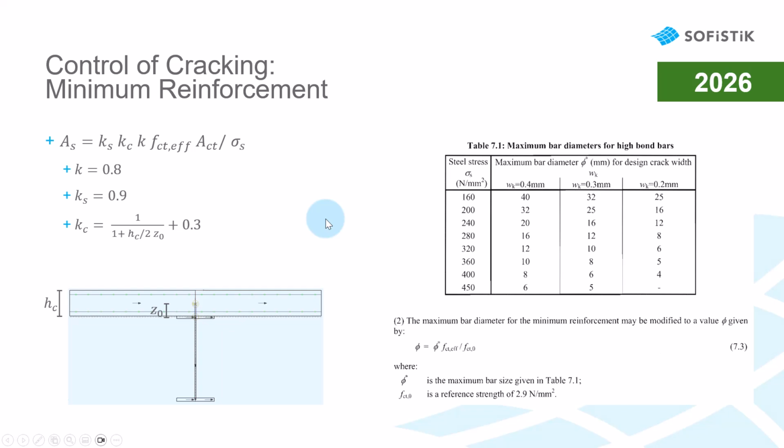When the concrete cracks, then the tension stresses in the concrete that are set free have to be carried by the reinforcement. The reinforcement amount in the slab should be sufficient to limit the occurring reinforcement stress to a value that guarantees the crack width limit. According to Eurocode 4, it can be calculated by the effective tensile strength of the concrete times the area of the tensile zone divided by the limit stress. That depends on the selected crack width limit and the reinforcement bar diameter, and also some additional factors. Let's do the check.